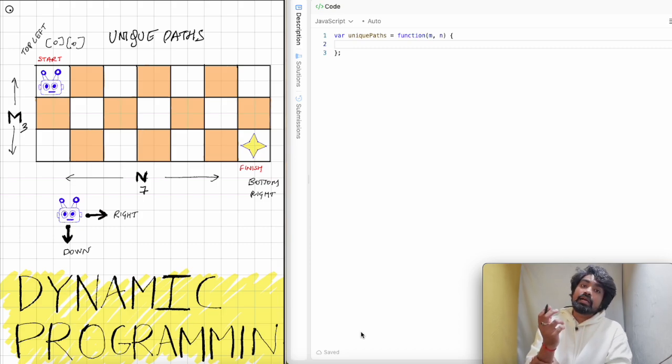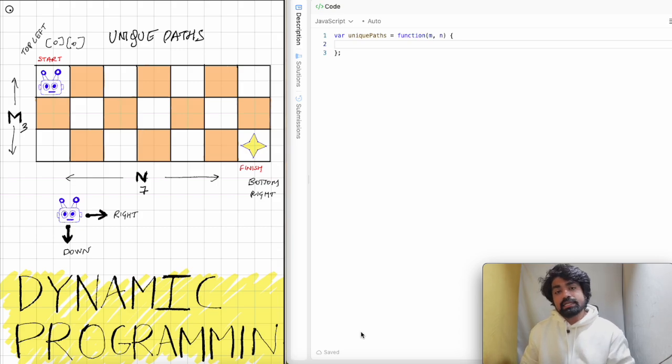And we will be building a solution in JavaScript and also compute the time complexity and space complexity of the solution that we will be building here. And we will apply the concept of dynamic programming to this problem. Before jumping into the solution aspect of it, let's first try to get a quick understanding of the overall problem